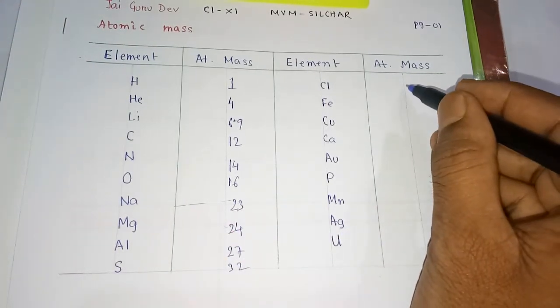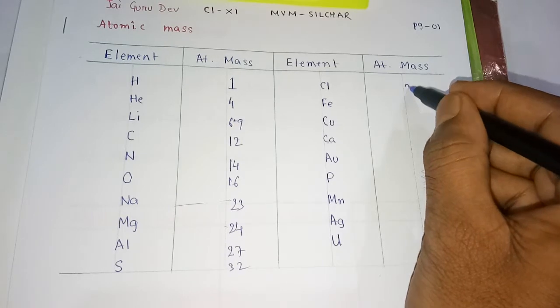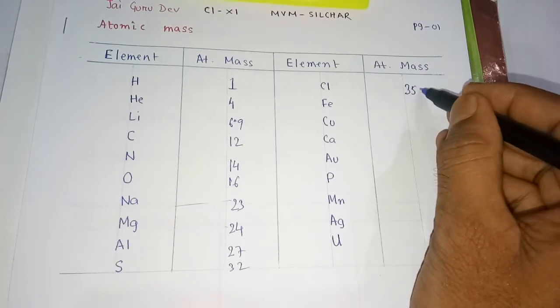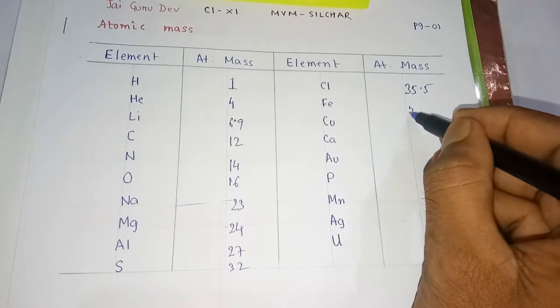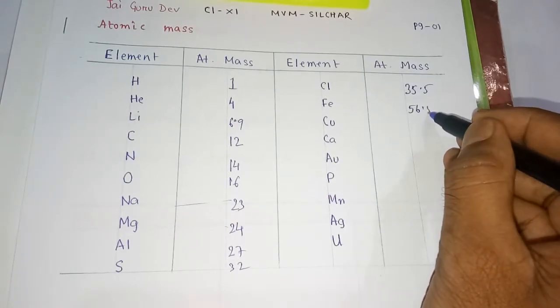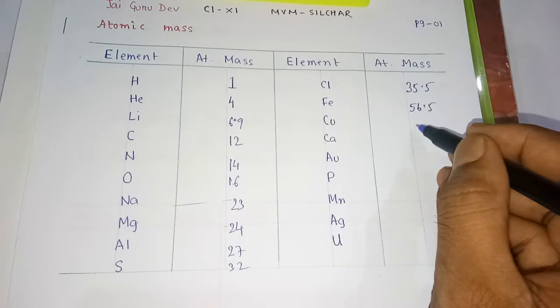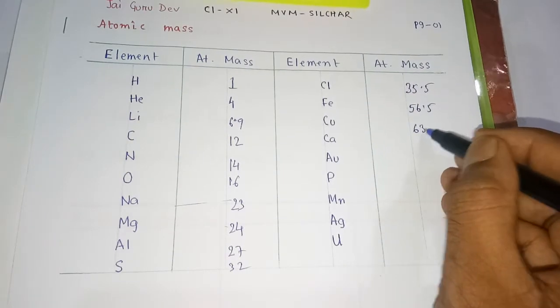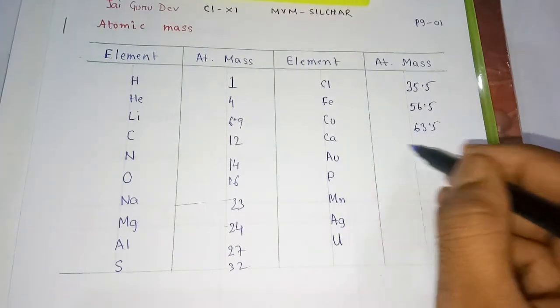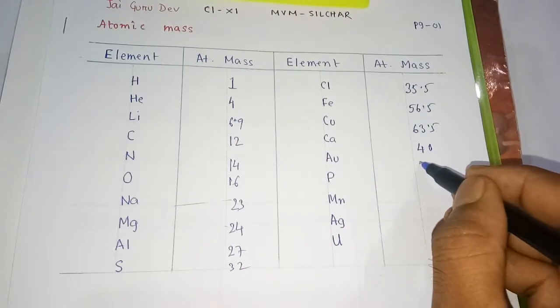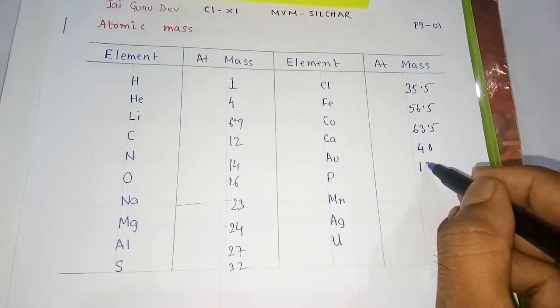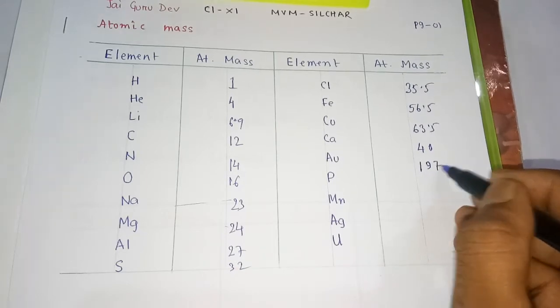Chlorine 35.5, iron 56.5, copper 63.5, calcium 40, gold is 197,